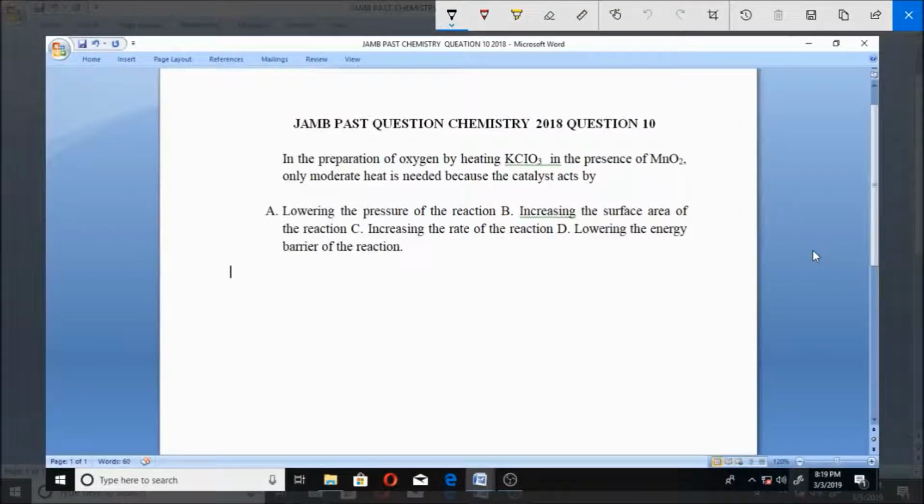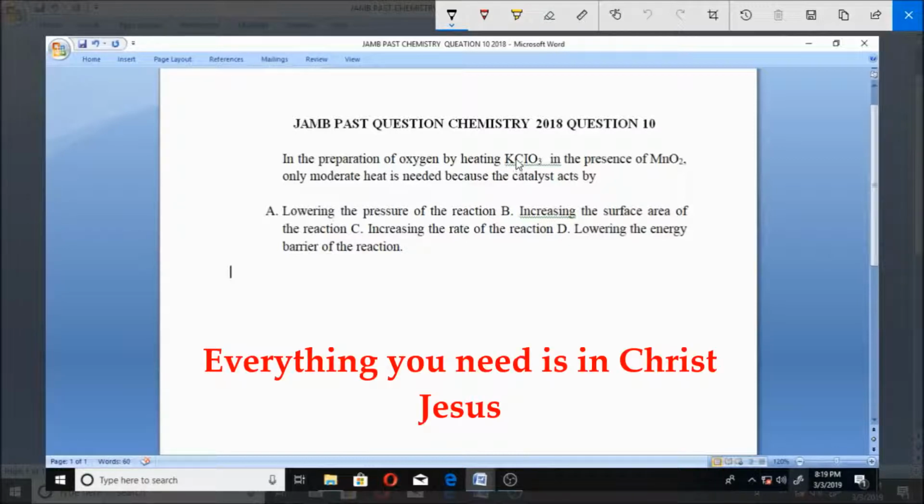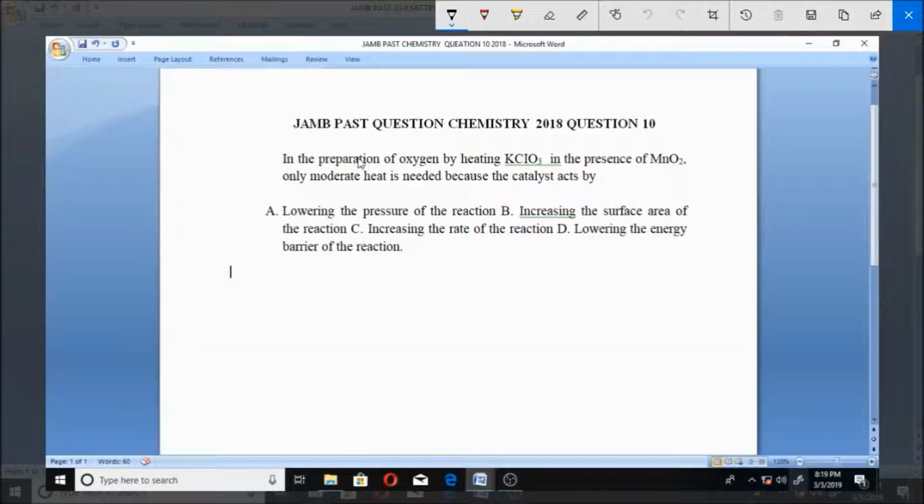Now let's look at this question number 10 for WAEC past question chemistry JAMB 2018. In the preparation of oxygen by heating KClO3 in the presence of MnO2, that's manganese 4 oxide, only moderate heat is needed because the catalyst acts by